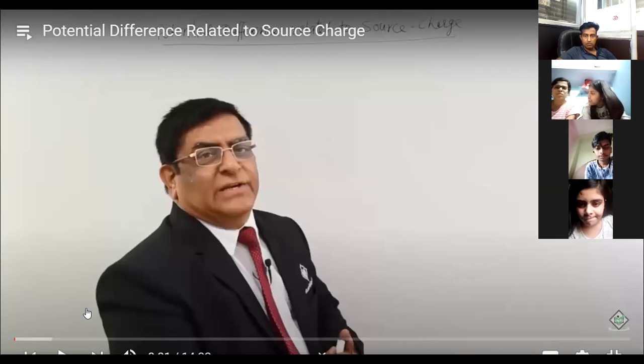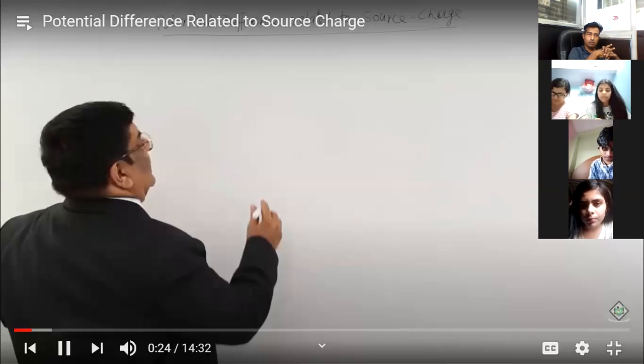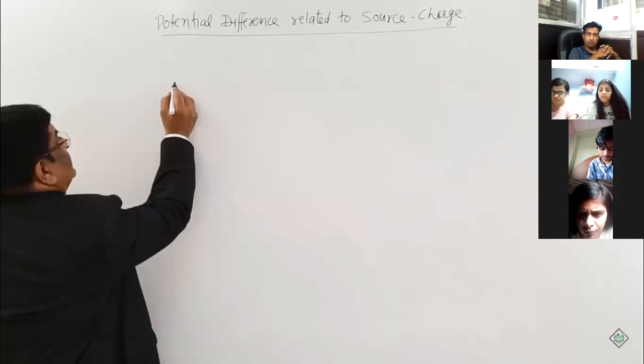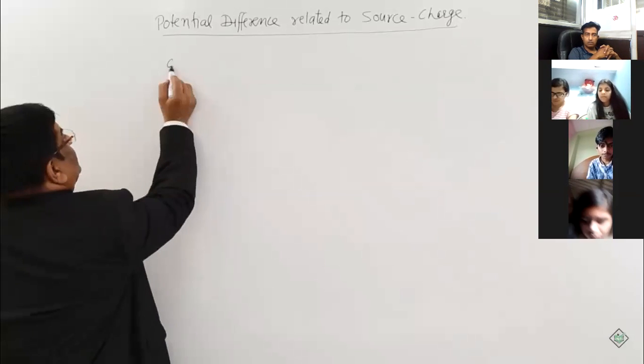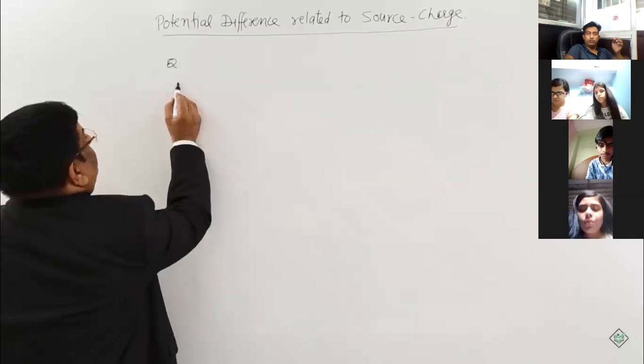Electric charge is the source for creating any potential difference. Now we come to that term. Here is an electric charge which has dimension or size q. Now from here,